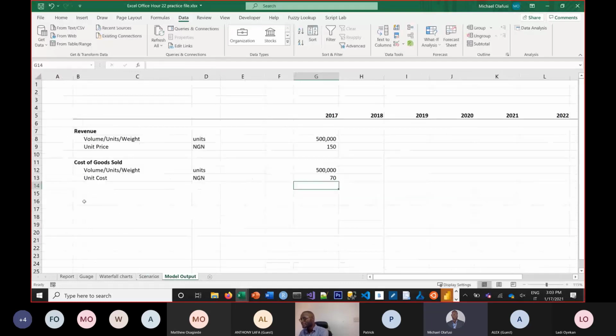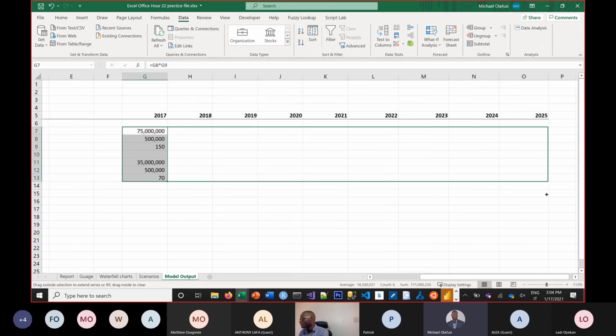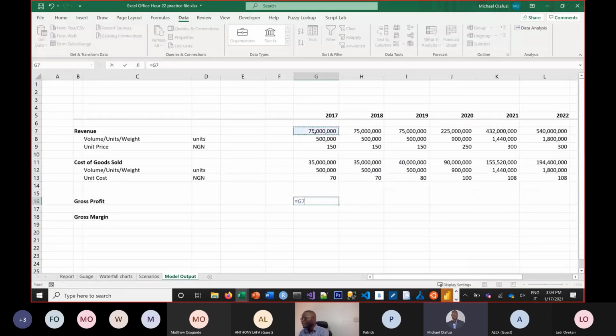And so from there, we can calculate things like gross margin. We can calculate gross profit too. So maybe I drag this one down. Gross profit. So maybe these are the kind of outputs that at least we want to see instantly. So we know revenue is going to be equal to the volume times the unit price. Similarly, cost of goods is going to be the volume times the unit cost, right? So if I do all of these and drag, then we can know our gross profit, which is going to be equal to the revenue minus the cost of goods sold, right? And I drag,